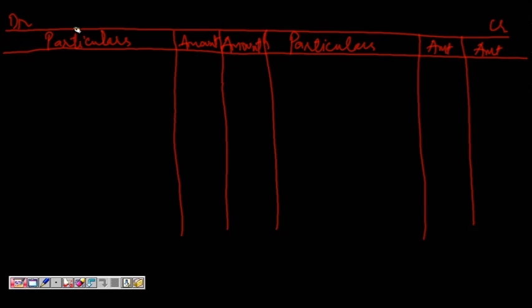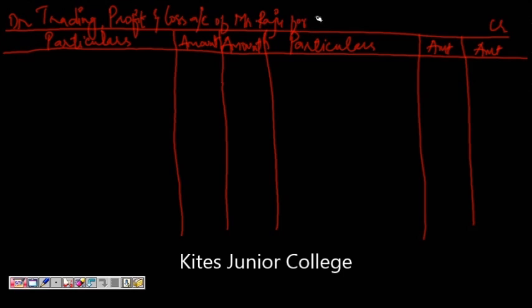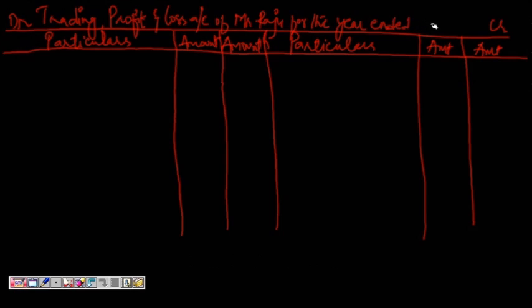Okay, now after drawing the pro forma, give the heading of your problem, that is trading, comma, profit and loss account of Mr. Raju for the year ended 31st March 2009. Okay,